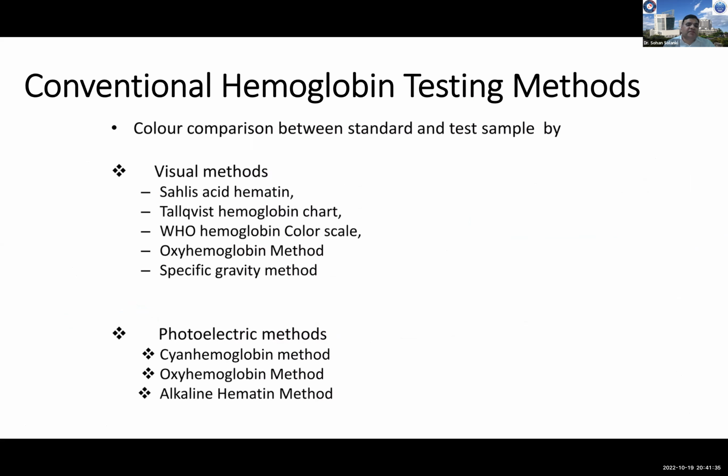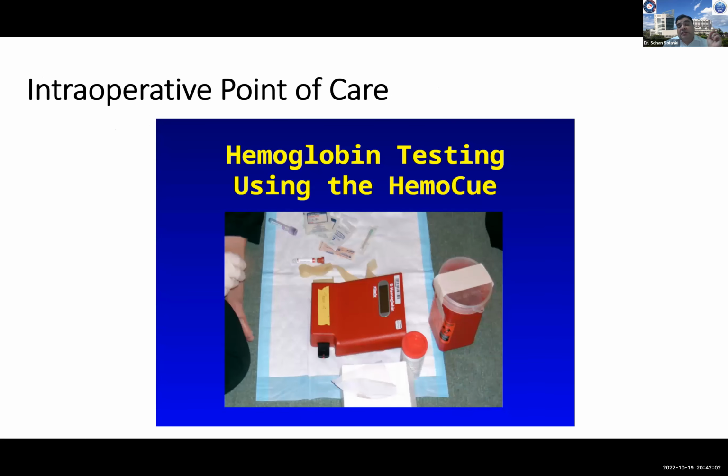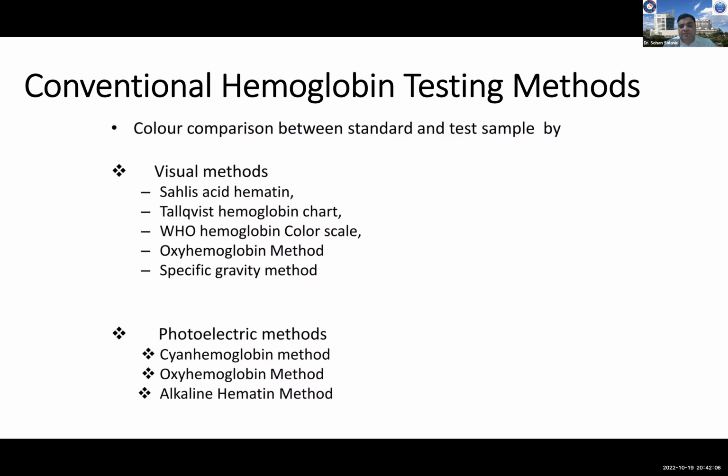We all know that the conventional hemoglobin testing methods compare the color of a standard and the test sample. The visual methods like the Sahli method, the hemoglobin color chart, WHO scale and oxyhemoglobin method all use the visual method, and some photoelectric methods like the cyanmethemoglobin, oxyhemoglobin, and alkaline hematin methods are also used for testing the hemoglobin. For intraoperative point of care use, although many of these are also called point